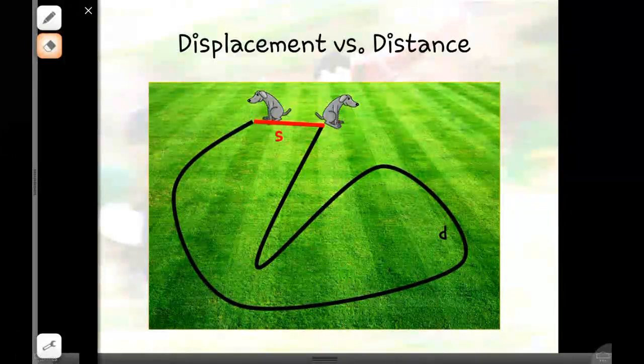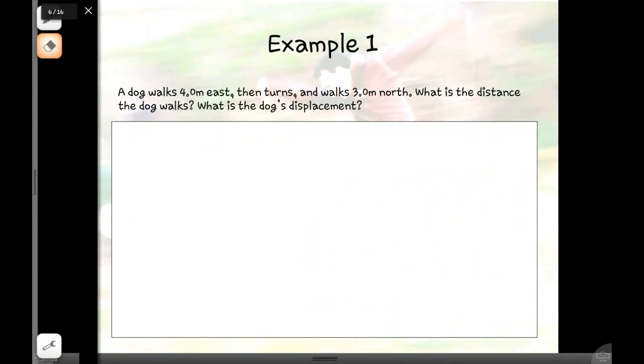Okay. So let's move on. We have an example problem. Go ahead and write this down and work it out with me so that you can understand how we calculate displacement and distance. So we have a dog that walks